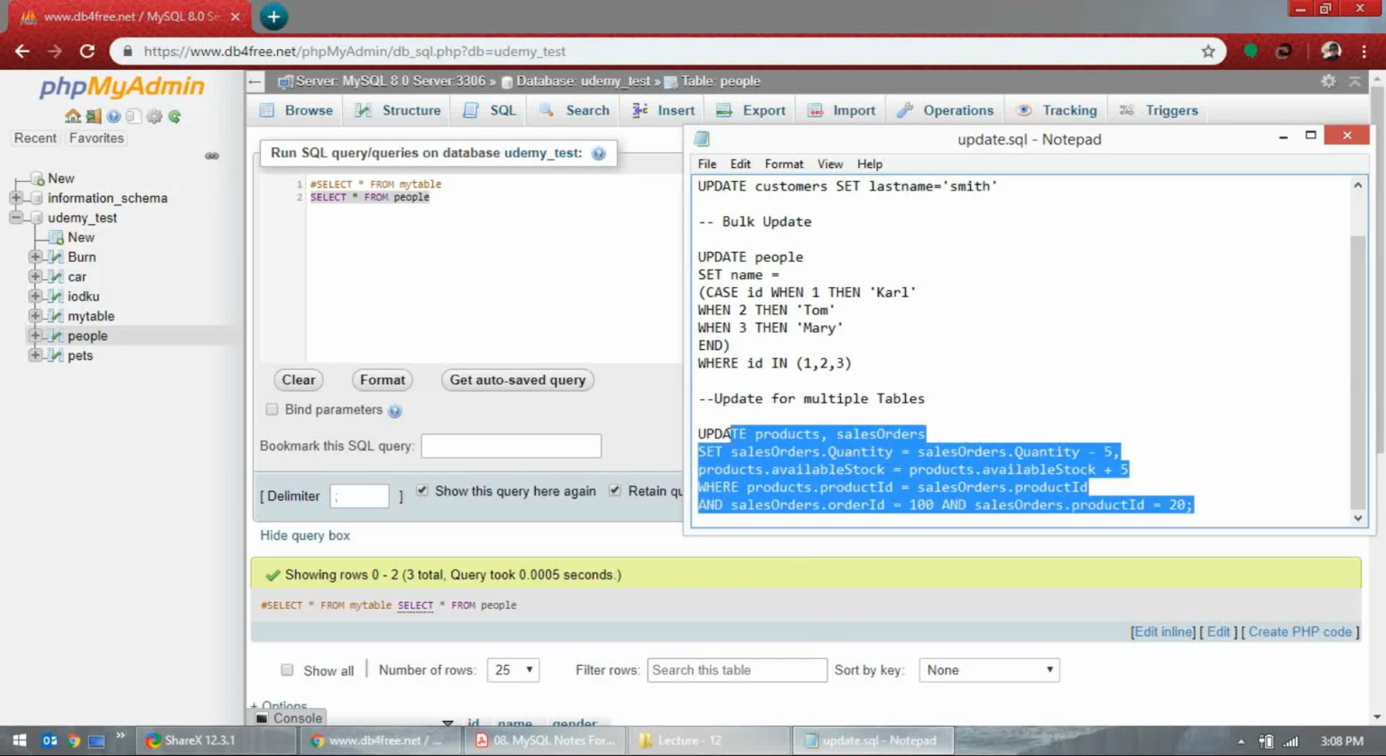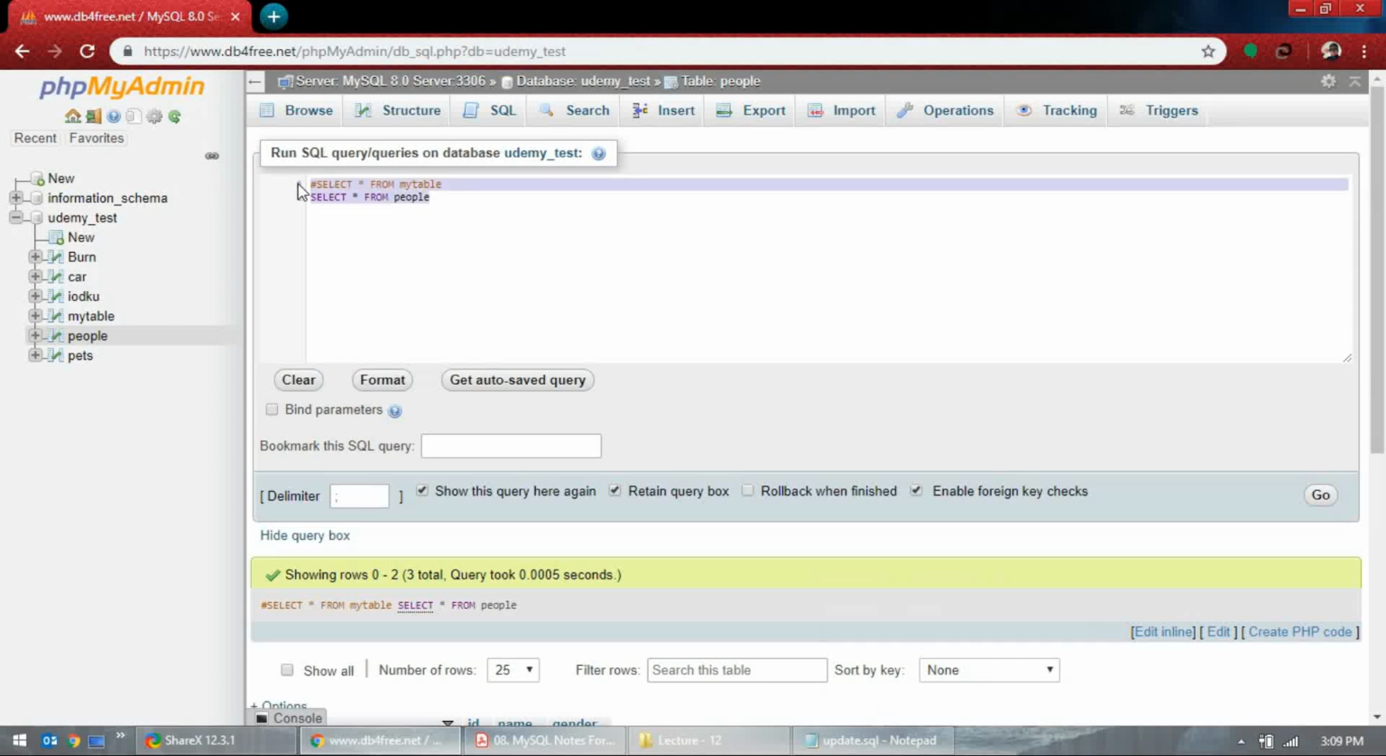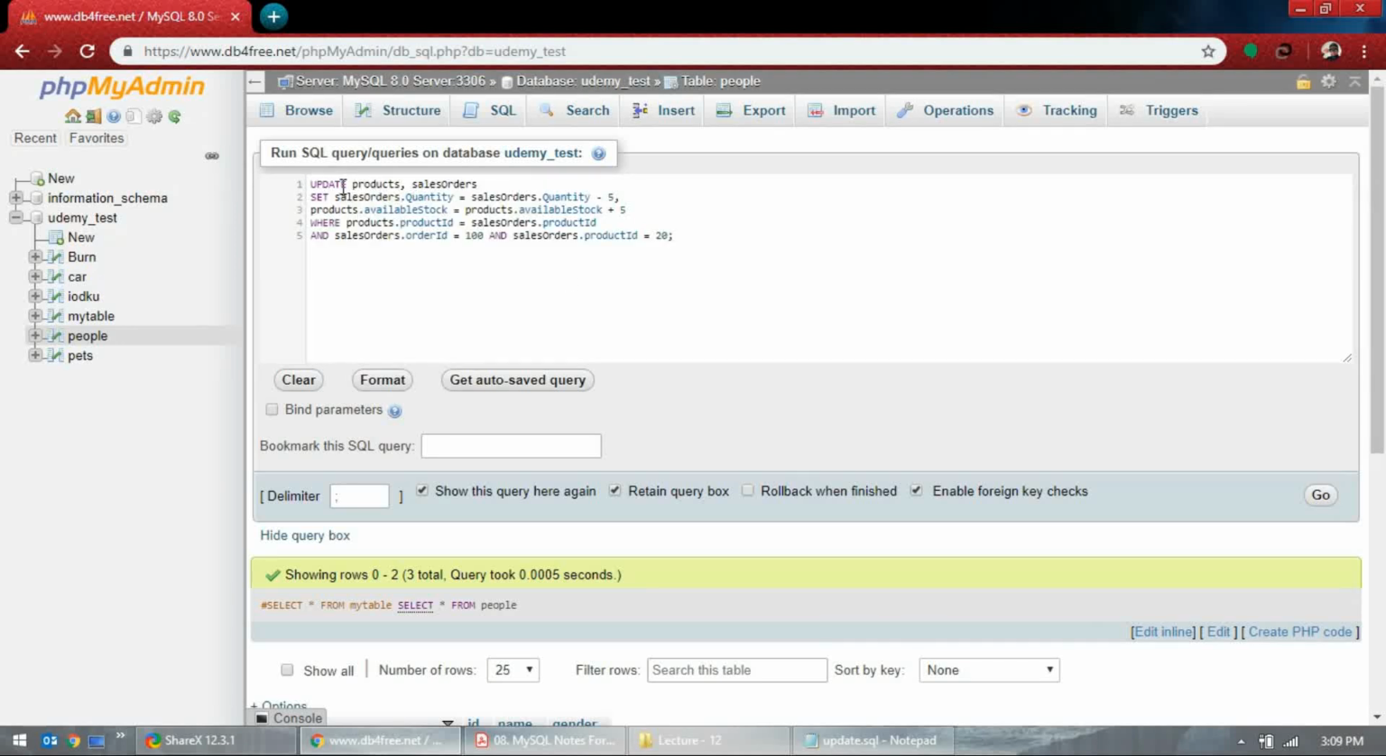So let's try it out on multiple table update. This would be a long day. Update product sales order. So which table are you going to update? My table and people. This is people. Set